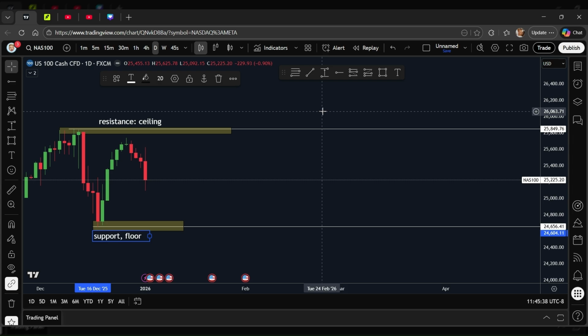But there's a little bit more to it. Now, I like to think of these as areas. They're not just support and resistance, they're more areas of liquidity in a way. Because for some reason, and we'll look at it in a minute, when price comes to these areas, it reacts. And usually that's because the big banks think it's a good deal, or it's just the psychology of whoever's